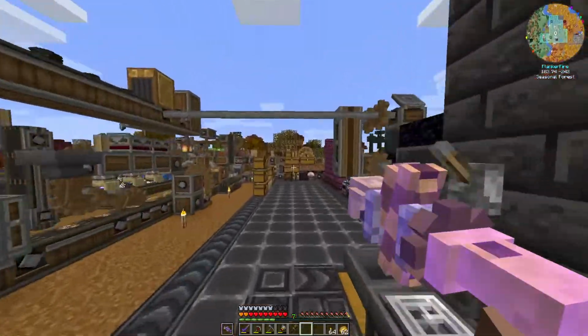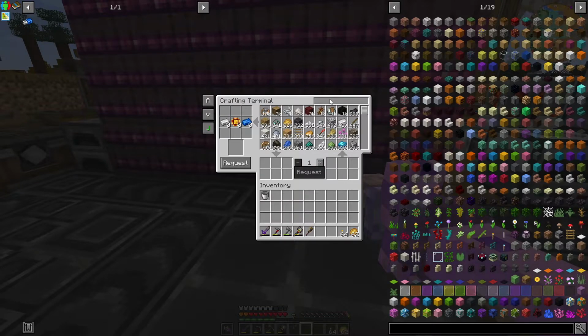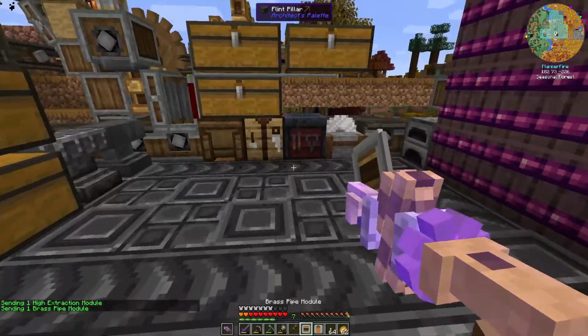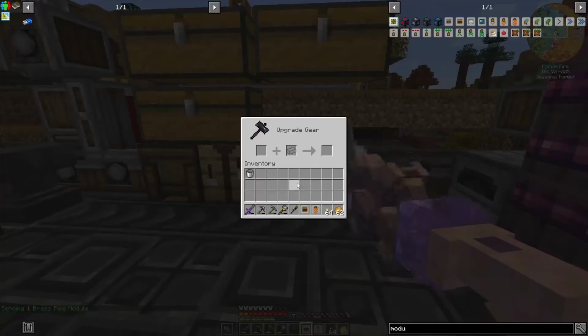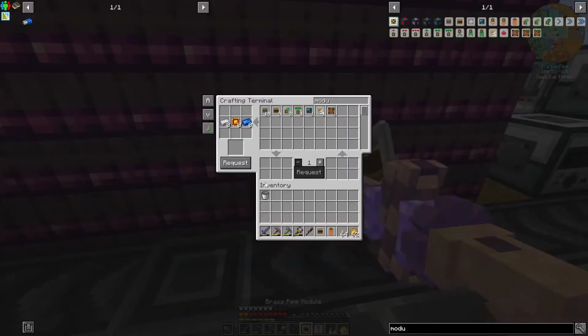probably just a standard. Let's just take a look and see what we have here. Module. We can take. We'll grab the fast extraction, and then we will grab. Let's grab a brass module. I'm not sure if this one. Oops. This doesn't do round robin stuff. No, I think I have to do this